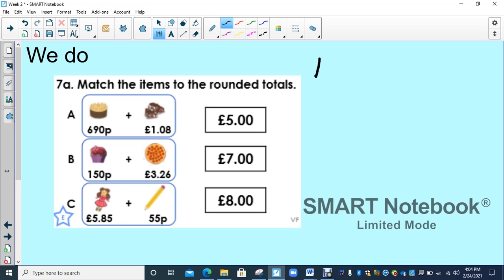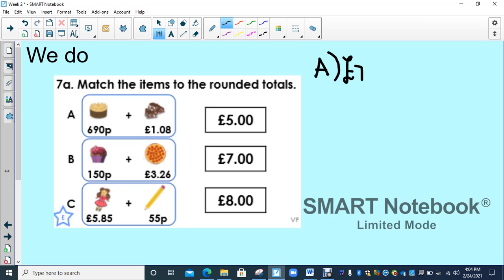I'm going to write A over here just so I don't get this too messy. So I've got 690 pence. I need to round 690 pence. So I could round it to the nearest hundred, or I could convert it into pounds and pence. So I know that 690 pence is equivalent to £6.90. So I need to round that one up because it's 50 pence or greater. So therefore this amount is £7,